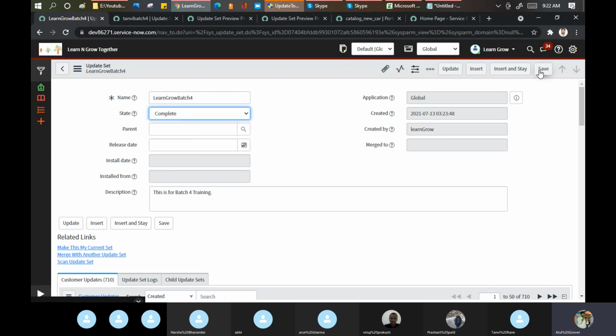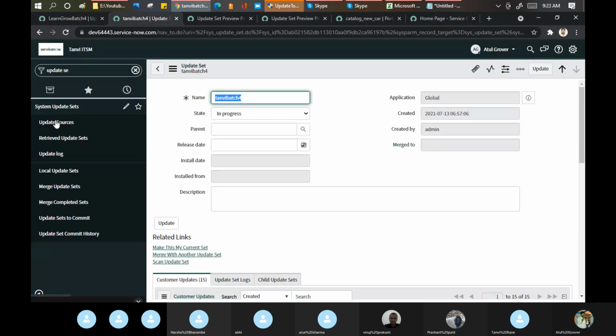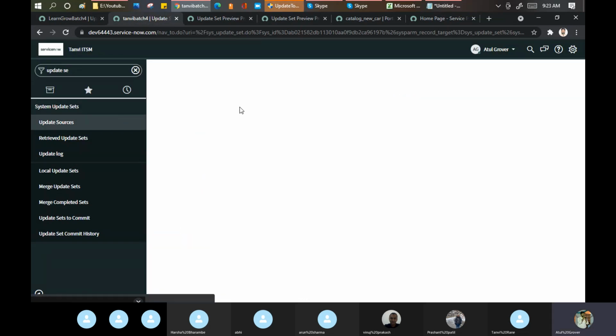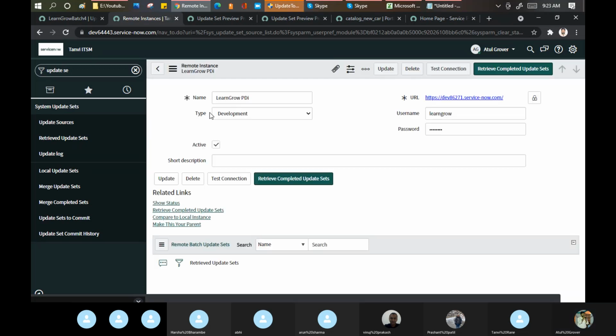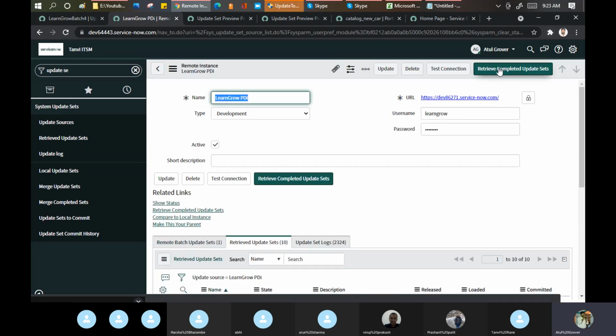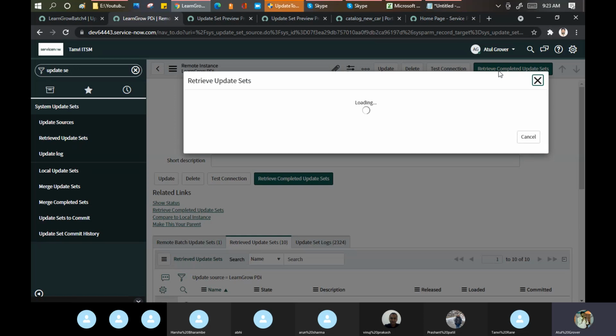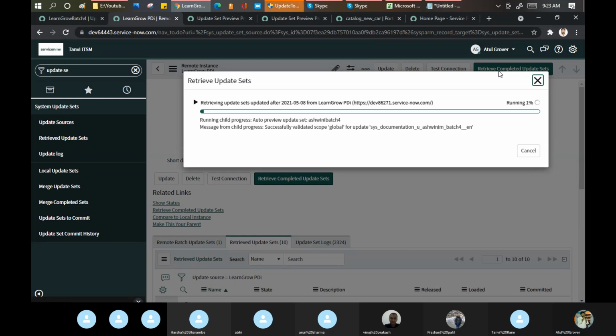Complete. Save. Go here. Update source. Open this. And now click on retrieve update set. Only one update set should come now, only mine. Why is it taking everyone's now?